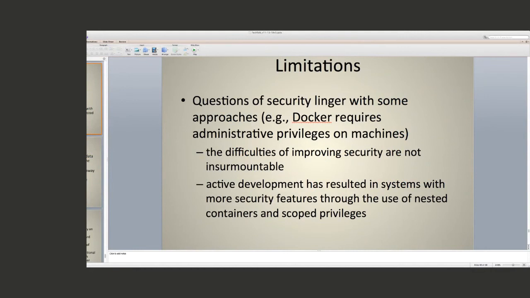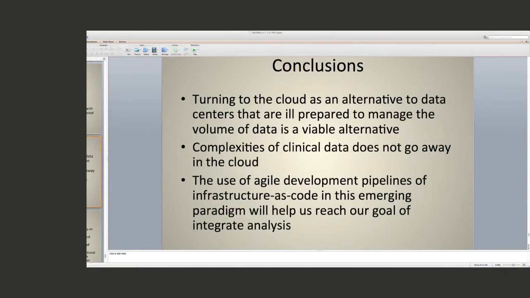Okay. Security is still an issue, but it's not insurmountable. There are ways of dealing with scoping privileges and nesting containers. So in conclusion, turning to cloud as an alternative to data centers that are ill-prepared to manage the volumes of data is a viable alternative. Complexities of clinical data do not go away. They are integral to the problem. The use of agile development pipelines and infrastructure as code in the emerging paradigm will help us reach our goals of an integrated analysis across multiple